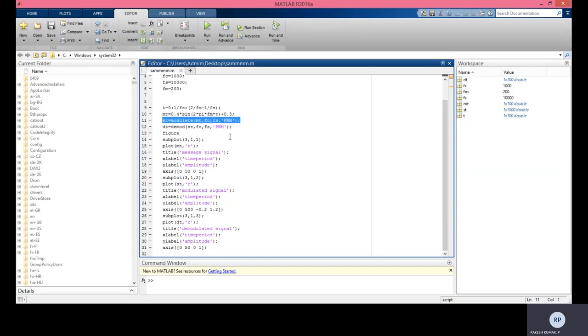And finally, we want to demodulate the signal. Here also we are using the inbuilt function demodulate. This is how by using these functions we can directly get all the waveforms. Okay, coming to the figures, what are the figures we are supposed to see? The first one is